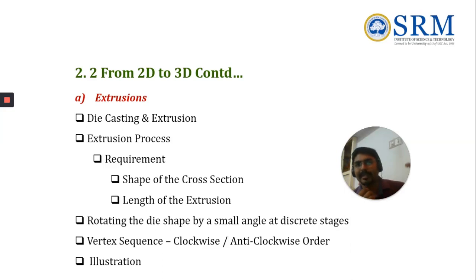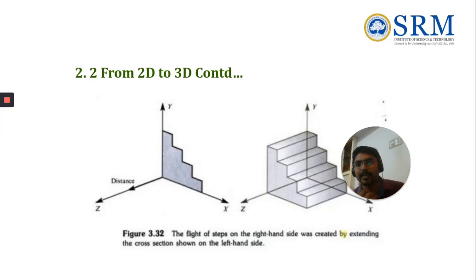First of all, we have to extract it, right? We have to extract something. Then we have to make it a shape. Then we can make it a kind of 3D model. So maybe the front and back, or only half of the circle and half of the ball. So anything we can do. We can do the vertex sequence clockwise as well as anti-clockwise, and after rotating or after the extraction, we need to fill it based on the shape. So I will show the diagram. You can easily get it.